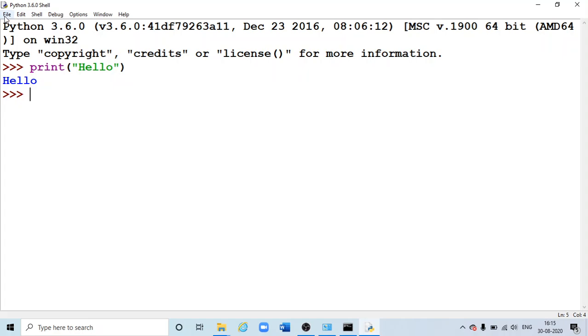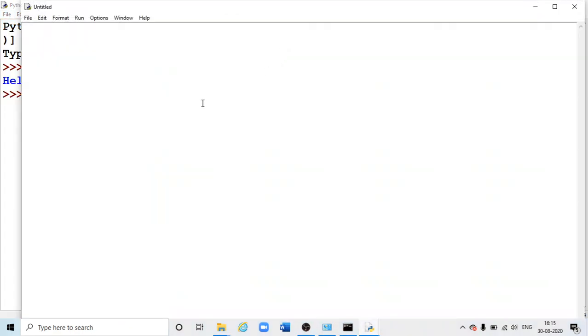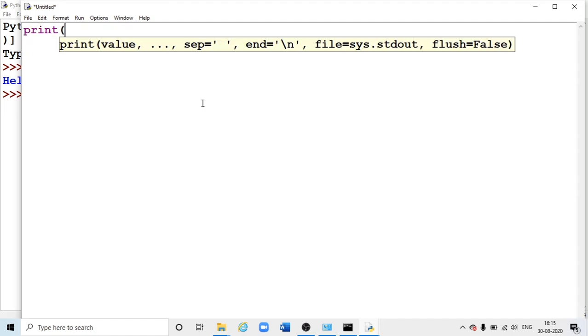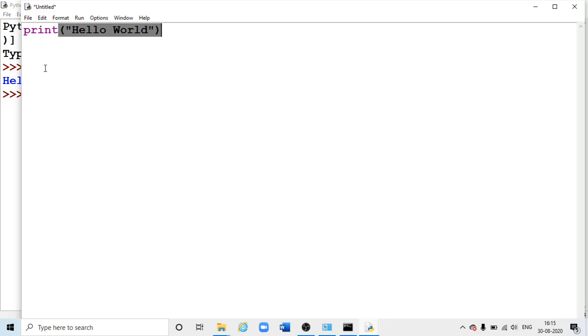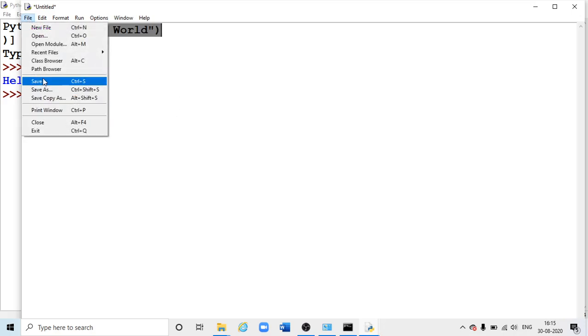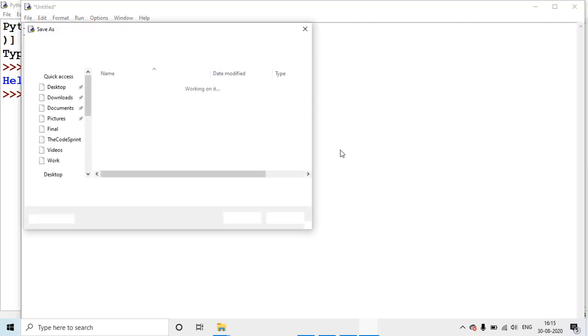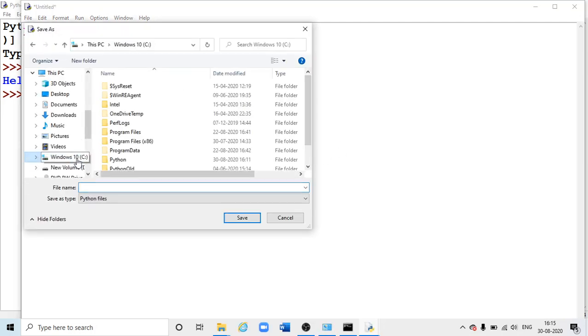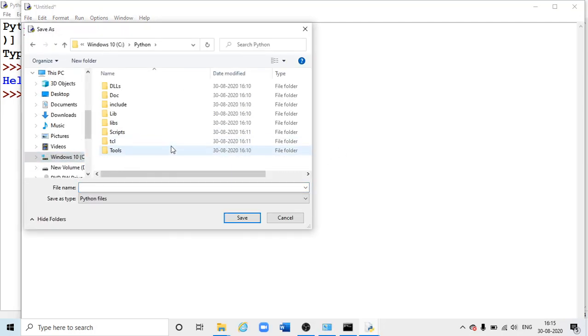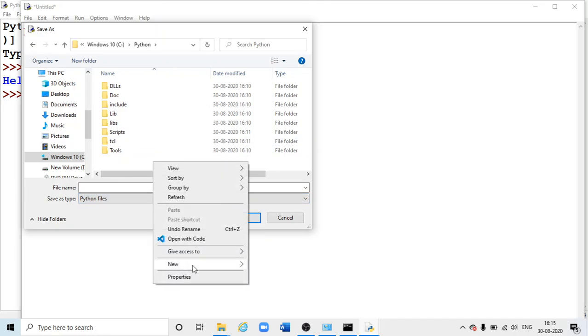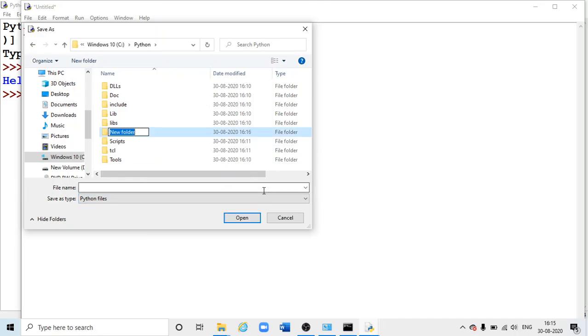So here I can create a new file and write a small program and save. I'll save in my Python folder. So I'll just create one folder for programs.